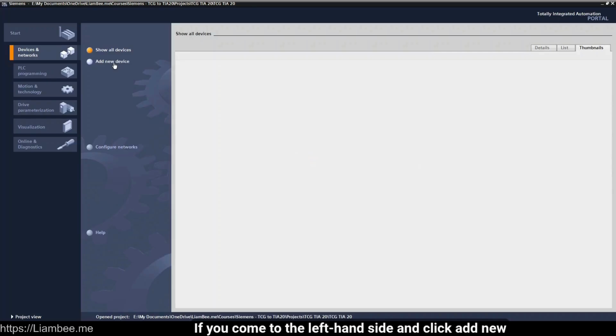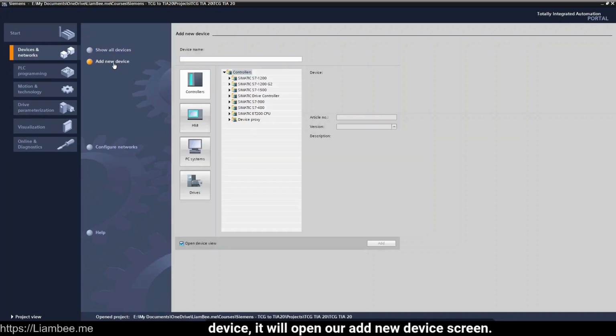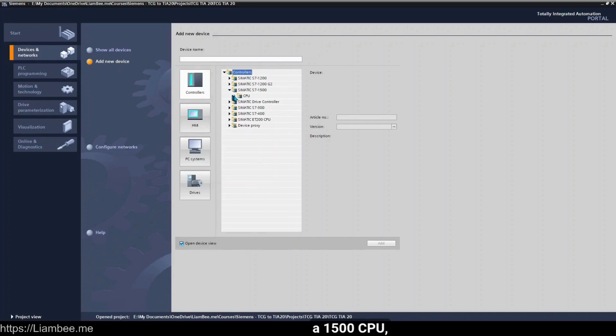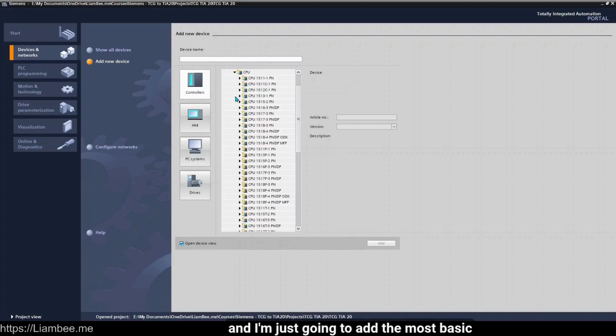If you come to the left-hand side and click Add New Device, it will open our Add New Device screen. Typically, it defaults to the controllers. I do have a feeling, though, that if you have installed TIA Portal for the first time and never visited this screen, it might actually open on the HMI screen. But if you come to controllers, we are going to add a 1500 CPU, and I'm just going to add the most basic